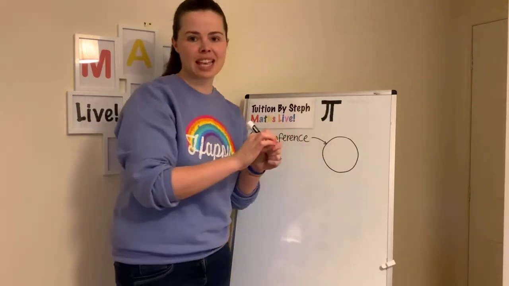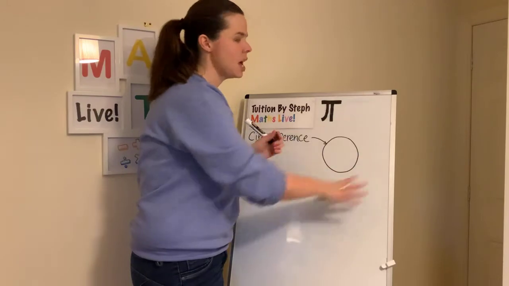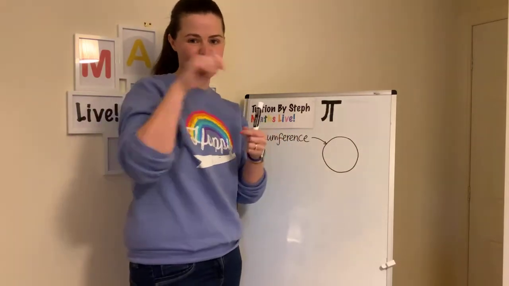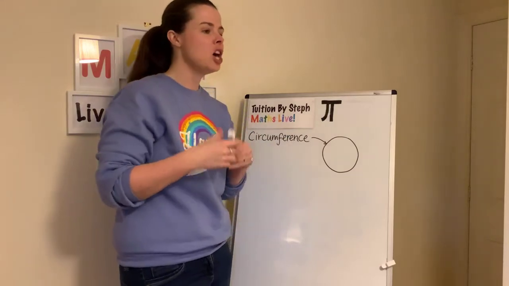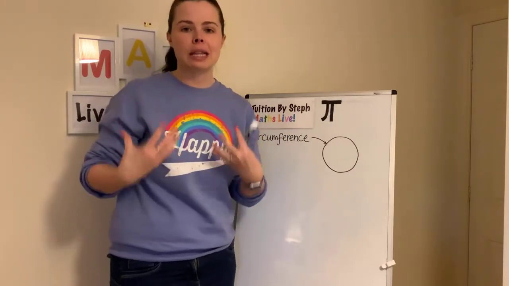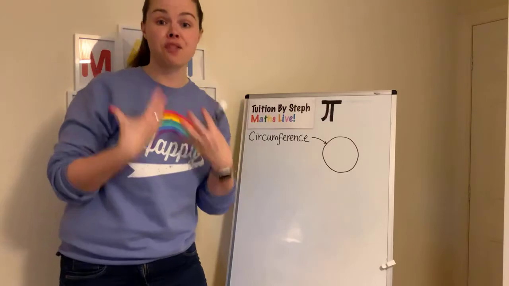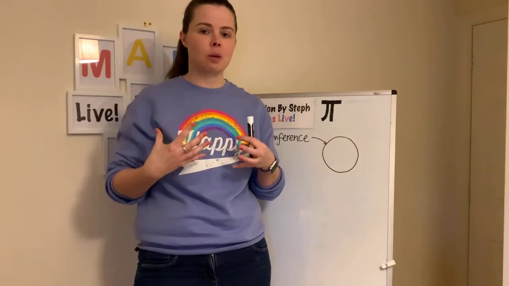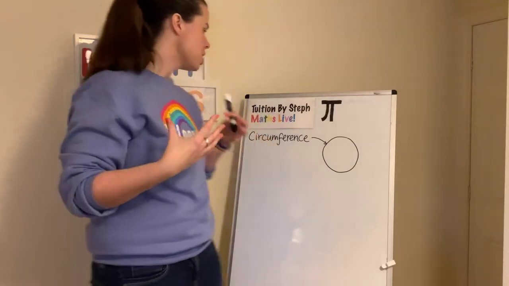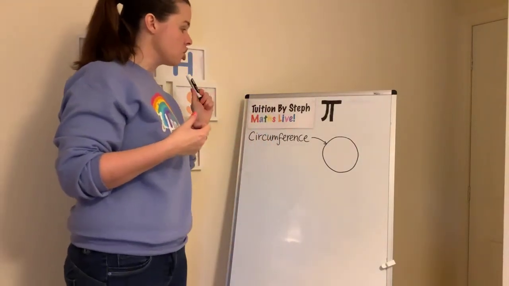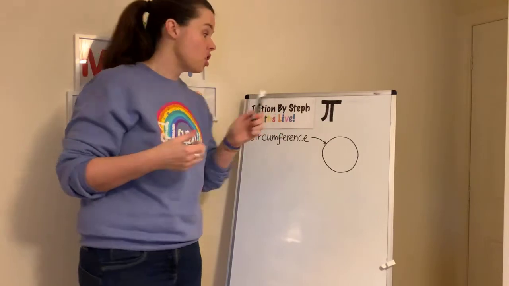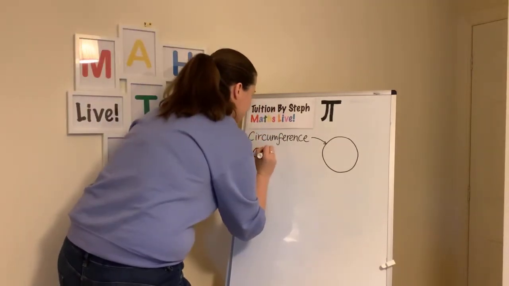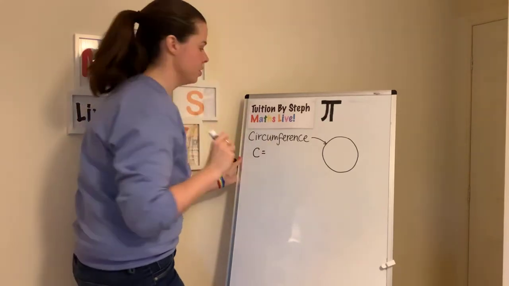Obviously, things are different scales. So if we were told that this was like 20 meters, you can't get 20 meters worth of string on something to do with a piece of paper. So we need a calculation. We need what is called a formula. It's the rule about how to find something in maths. So if we're finding the circumference of a circle, we do C, circumference, equals